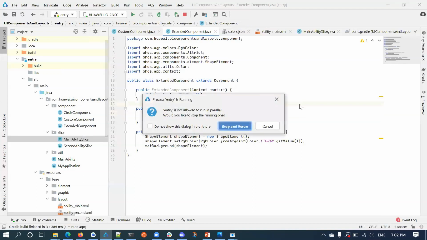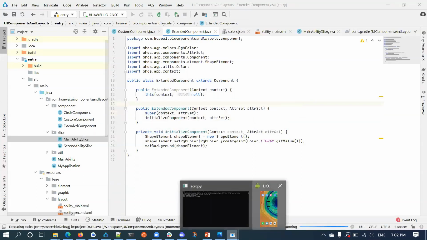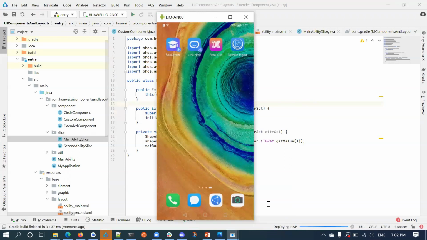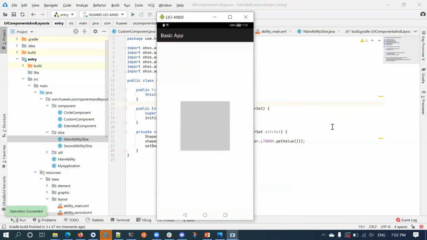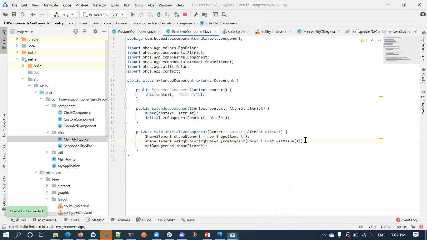Since I have set it to 200 width and height, you can see it will now occupy the center of the screen, so we will try to draw here. The next step would be what? We will look at estimate size later, the corner case. But first we will try to draw just the component.